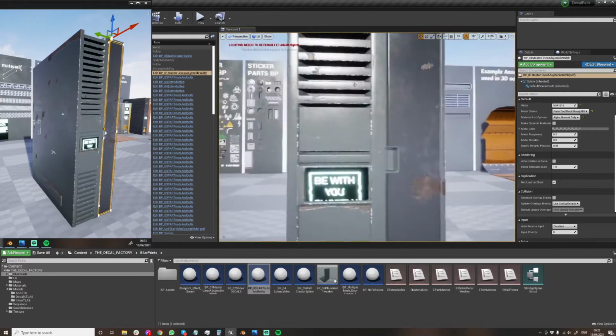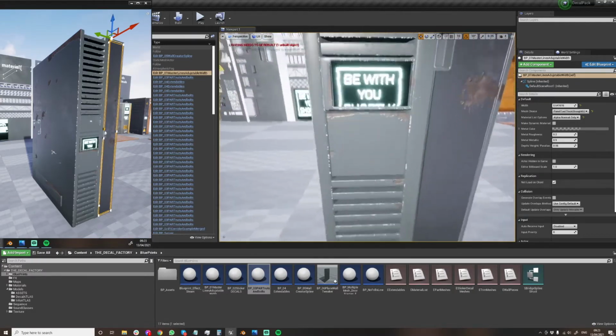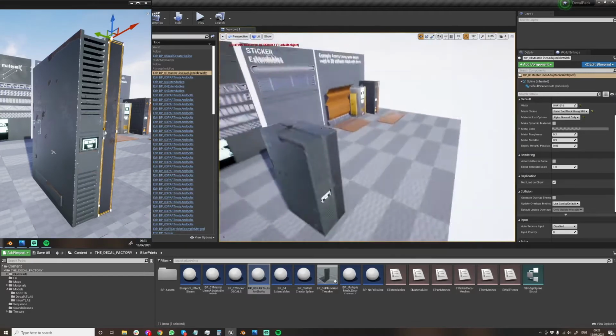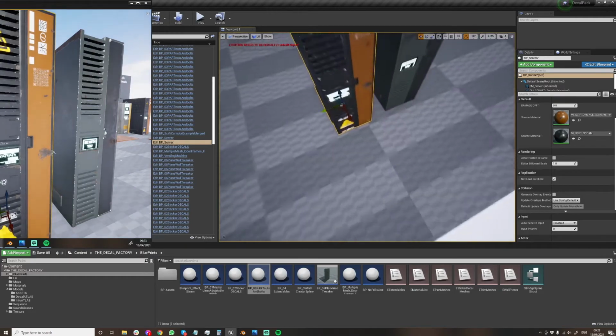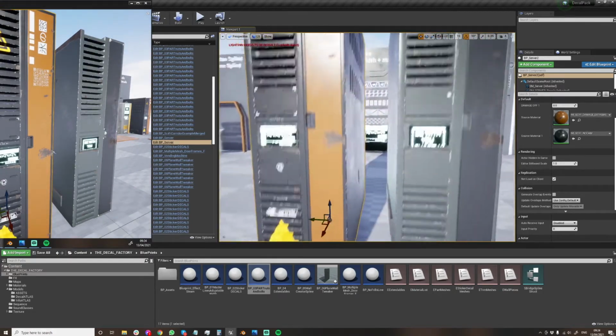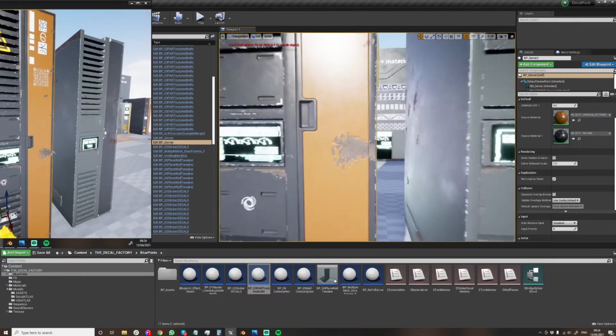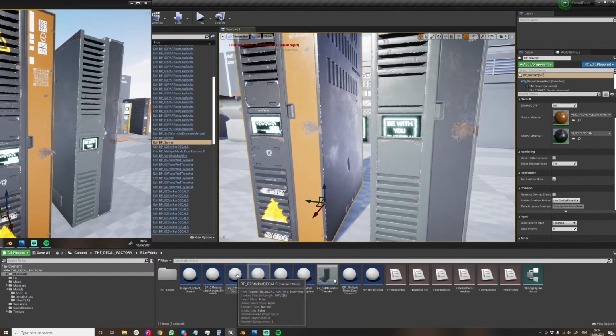Alright, so we've got our handle in now, and yeah, let's take an example of what I've created. This was all put together in Blender. You can pretty much do the same thing in Unreal now. We're using this tool. So we're going to take out